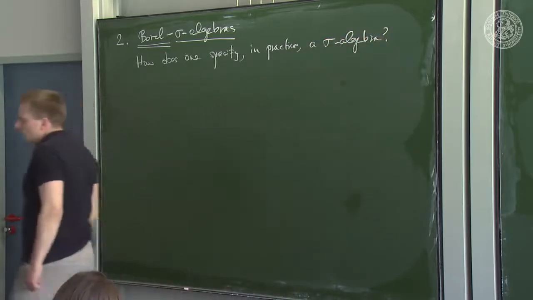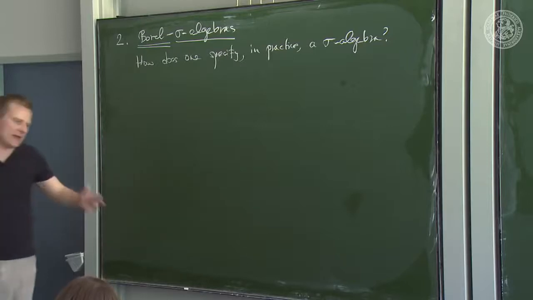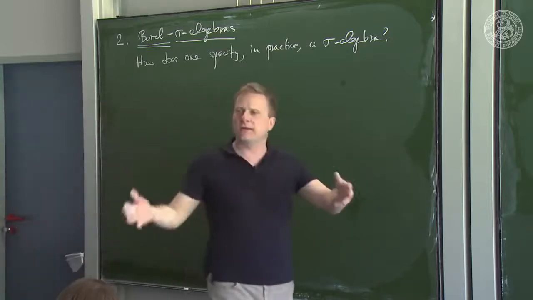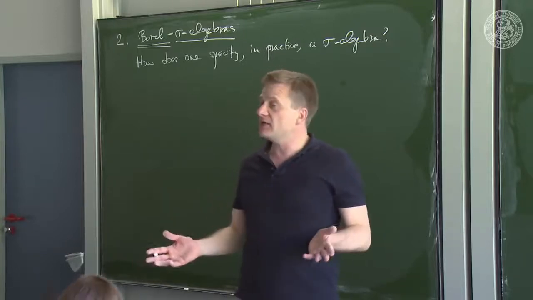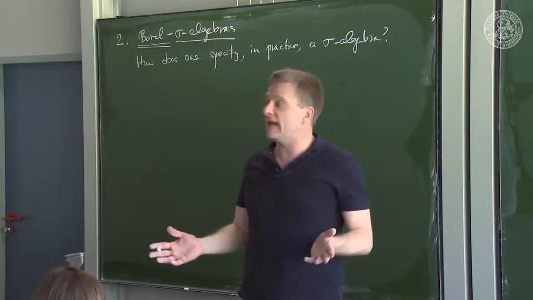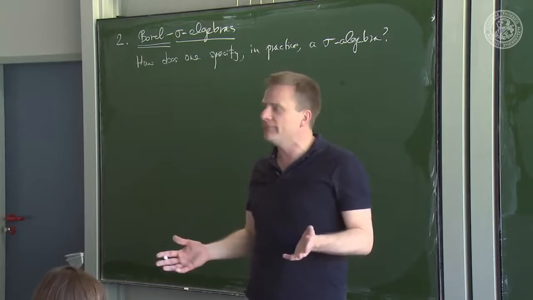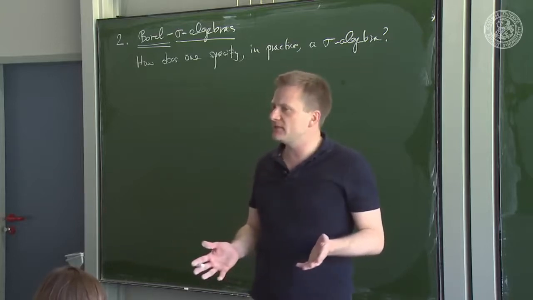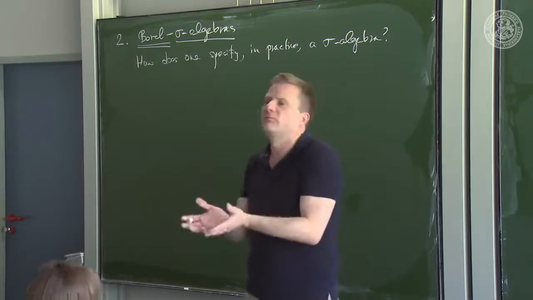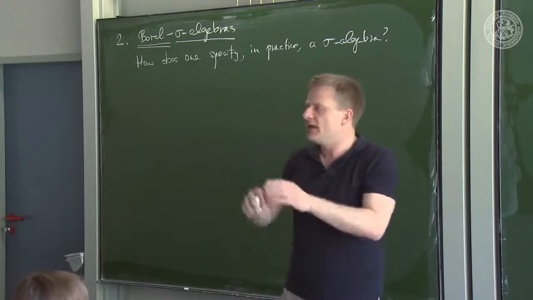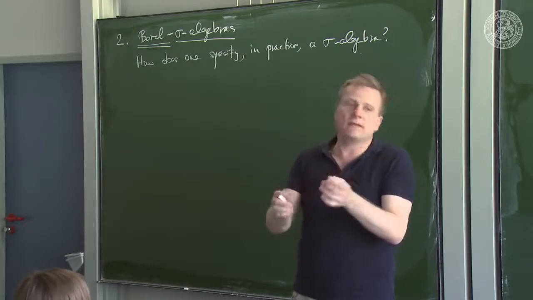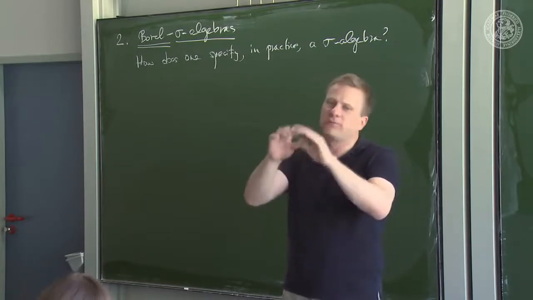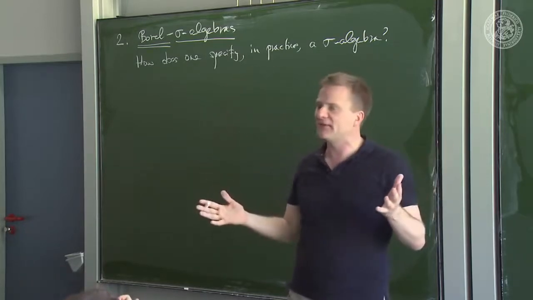Well, it's a little like in topology. You know, in topology for finite sets, you can write down a collection of subsets and you check the axioms and everything is fine. But if I ask you to write down the standard topology of R^d, you cannot do this explicitly. What you do, you define these open balls, right? And then define a subset of R^d to be open if around every point there exists a ball that lies entirely within this set.